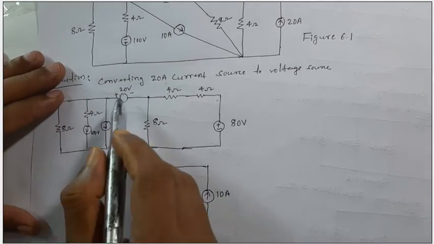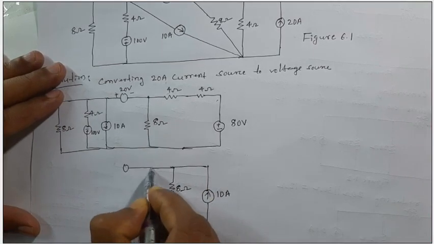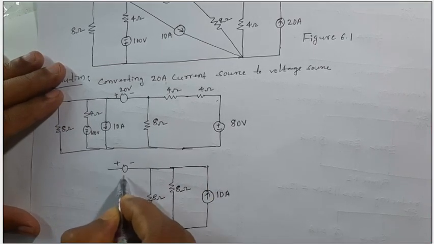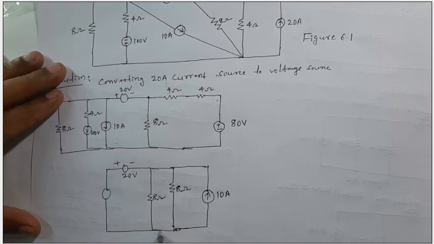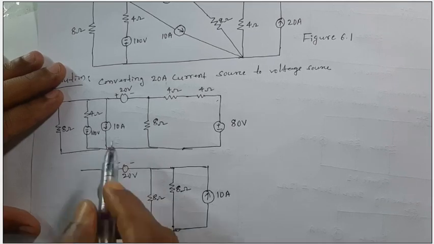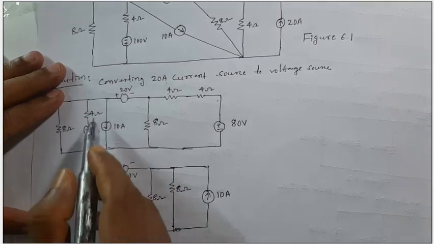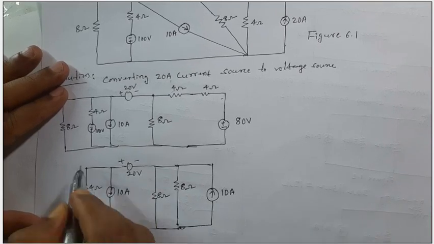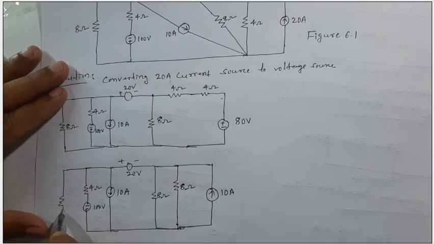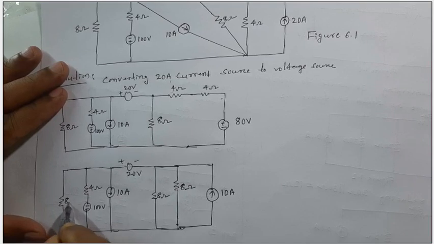Okay, and here a voltage source, plus and 20 volts, and the remaining thing I will draw as it is, this is 10 ampere. And here, dear students, next time we will convert this to a current source. Now I will draw as it is, minus and plus 100 volts, and this is 4 ohm, and here as it is an 8 ohm resistor, through which we are supposed to find the current.